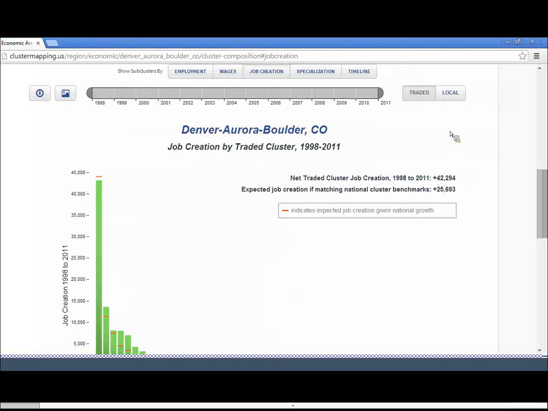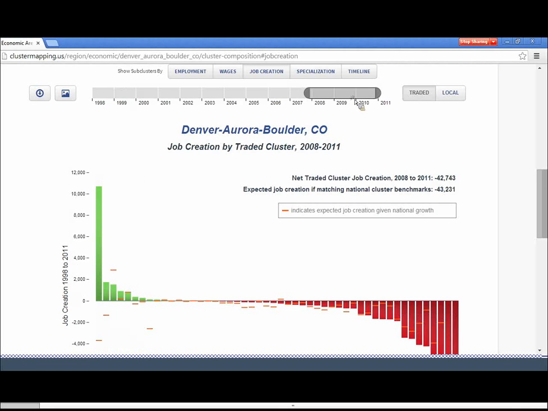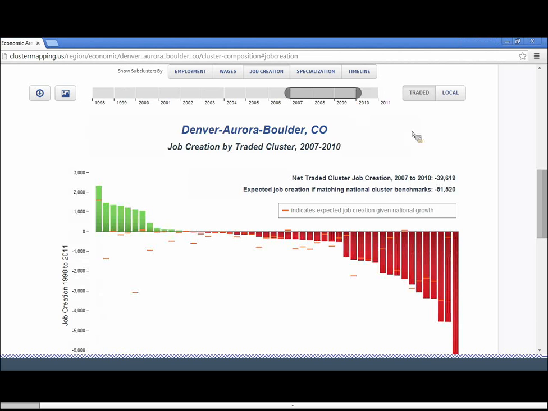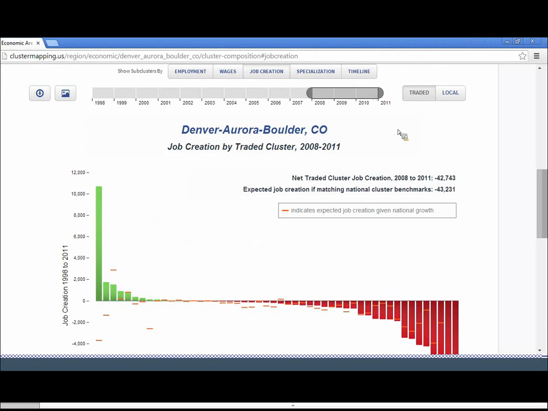The Job Creation chart, however, allows you to select a range of years to look at the absolute number of jobs gained or lost for the specific cluster, like we saw in the comparative employment performance scatter plot. The chart is defaulted to 1998 to 2011, but you can change the start and end years again by hovering over 1998 or 2011 and moving the arrow resized cursor as it appears.